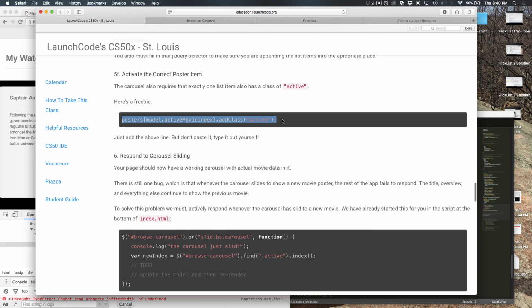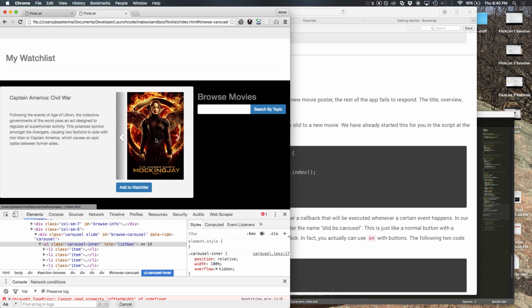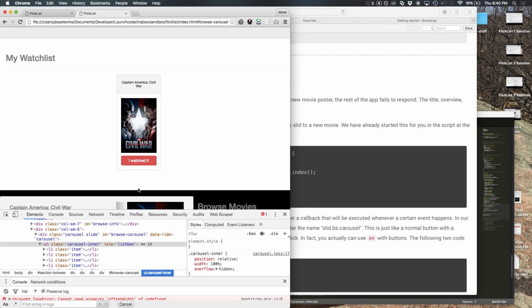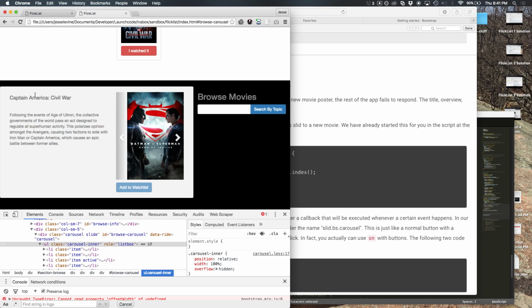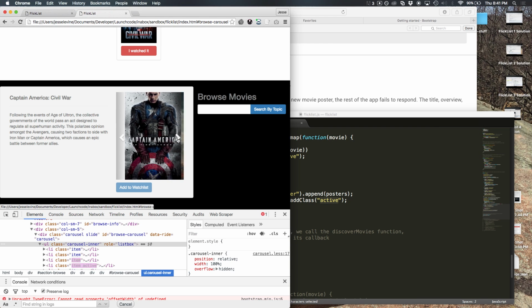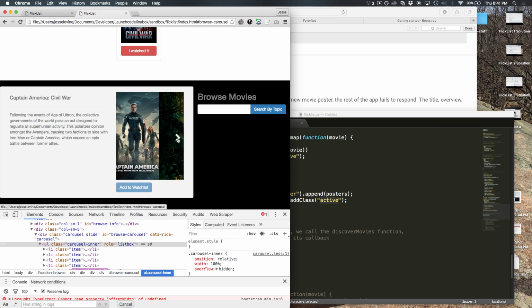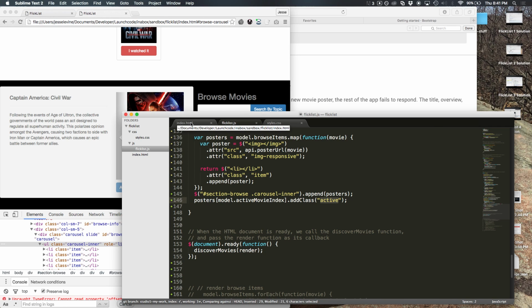So cool. This works on its own, but none of our other stuff works. Even if I do this, it's still going to be Captain America, no matter what movie is showing. Everything's Captain America because our internal model still thinks the active movie is Captain America, even though this carousel is changing. Visually it's changing, but our program doesn't know about that. So we need to have our program get notified whenever this thing changes so that it can update its own internal representation of what's happening. And to do that,